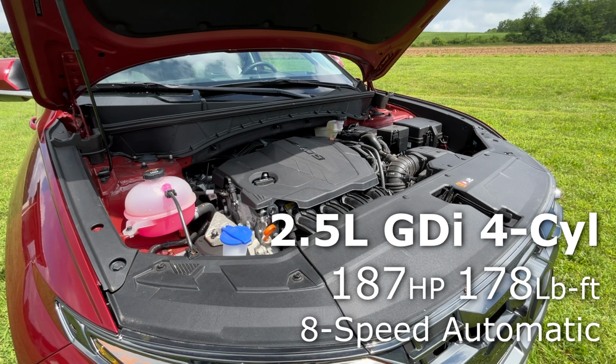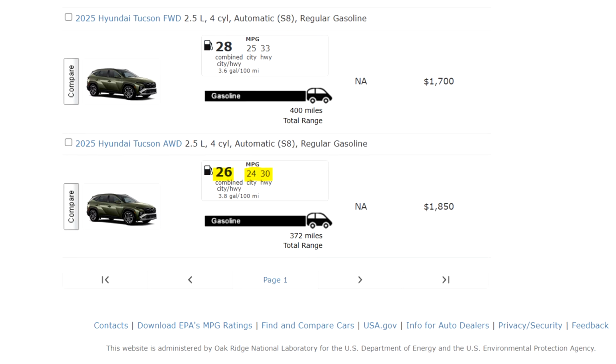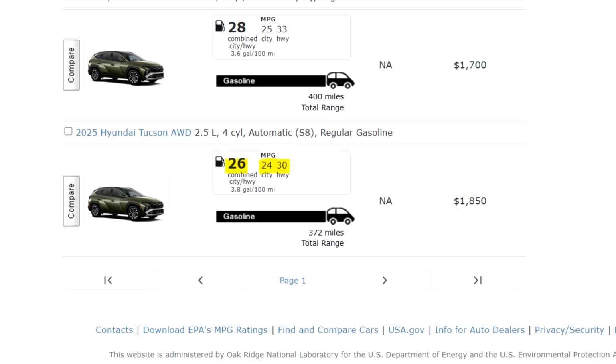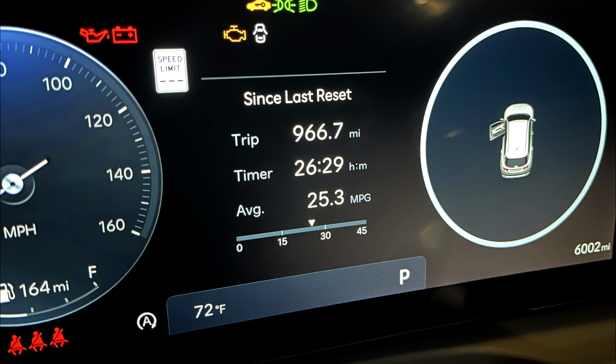There is a hybrid and a plug-in hybrid that offer more power and a little bit more performance. Though, when it comes to fuel economy, despite not being the hybrid, it does have some pretty good numbers. The EPA estimates 24 city and 30 highway with 26 miles per gallon combined, and in my testing this week,